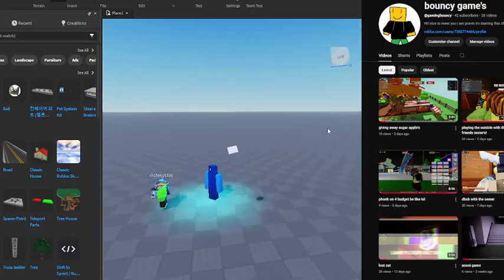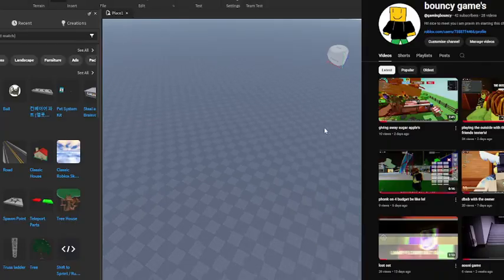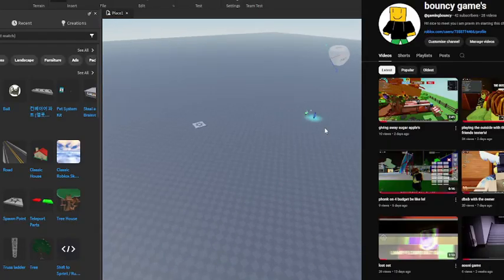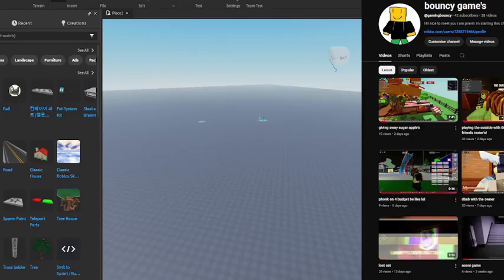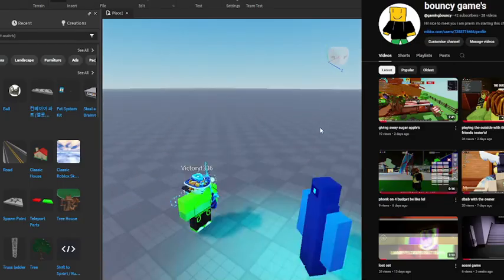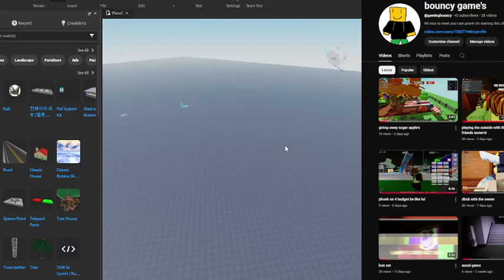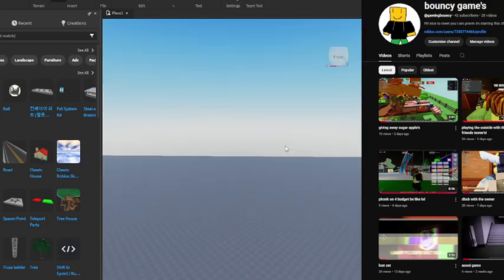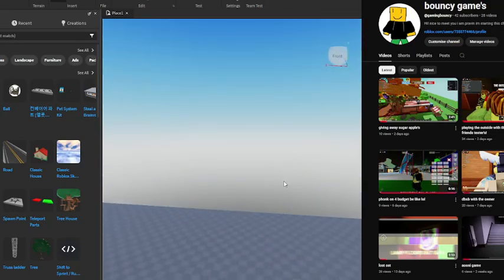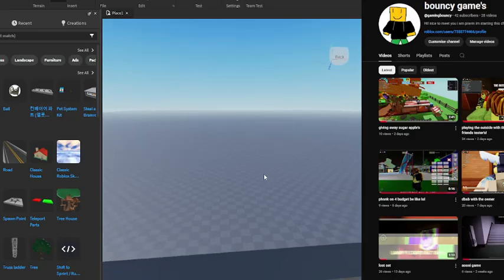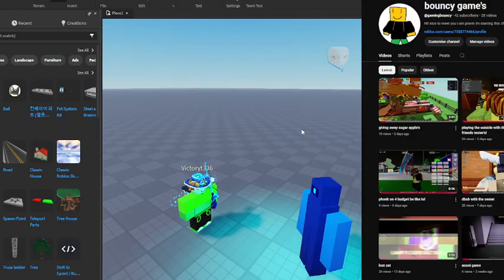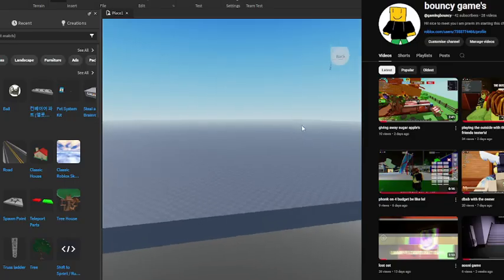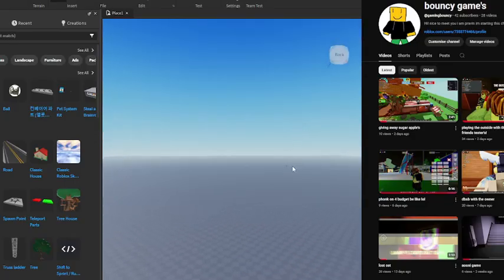Alright, that's how we make the cutscene. If you want to make it far, you can just move far from the cutscene, so it's kind of fast, so that's why it doesn't look so good. If you want to make it more far, you can just do this. It will point you back. So that's kind of easy, I guess.